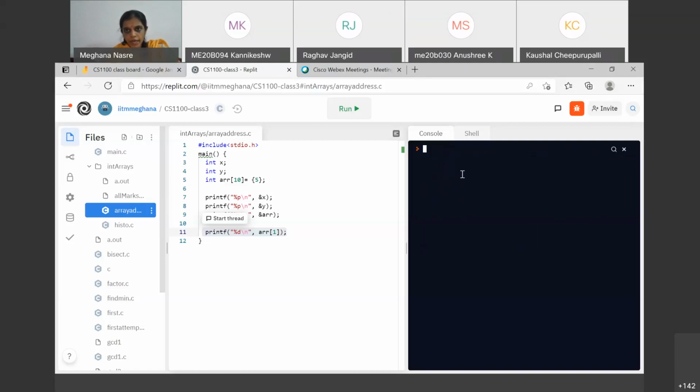Okay. So now I have moved to the directory in which I have stored these programs. This program is called array address. I'm going to compile it, and of course it has this regular error that you all are used to. I am bad at writing this int main and return 0. So you're all familiar with that. And now we'll run this program.